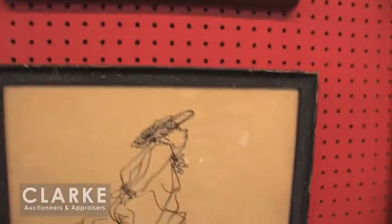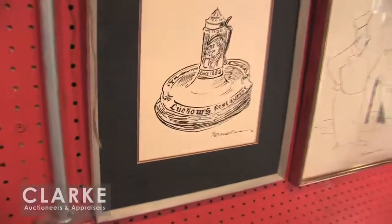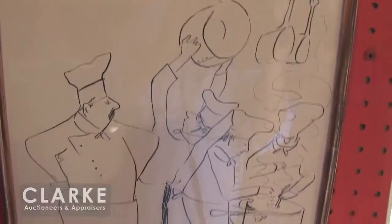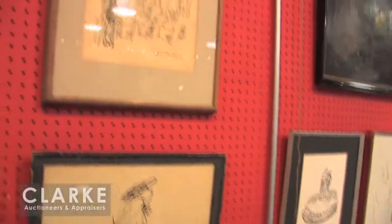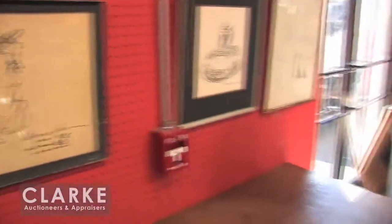Very funny caricature of a woman seated on a toilet there. Then you've got the famous Lukow's restaurant ashtray. And we've got the chefs in the kitchen. And some of these do have personal dedications on them. But a nice group of drawings by the famous Madeline illustrator. So that's just a bit of the art coming up on August 19th, and Keen will take you through the